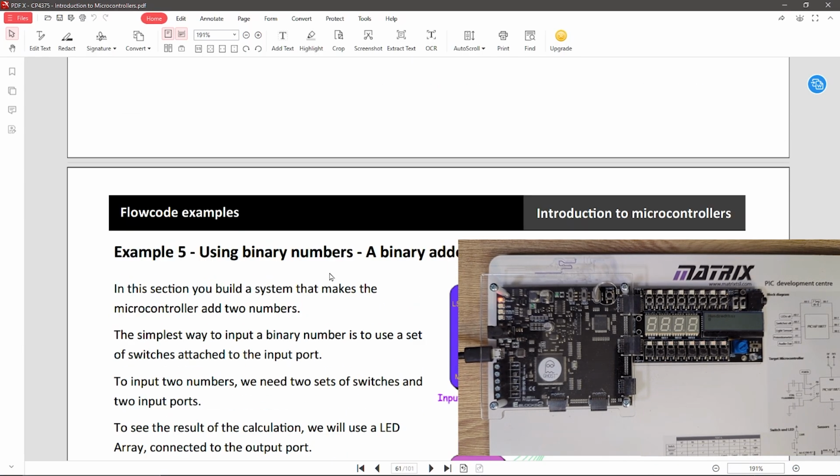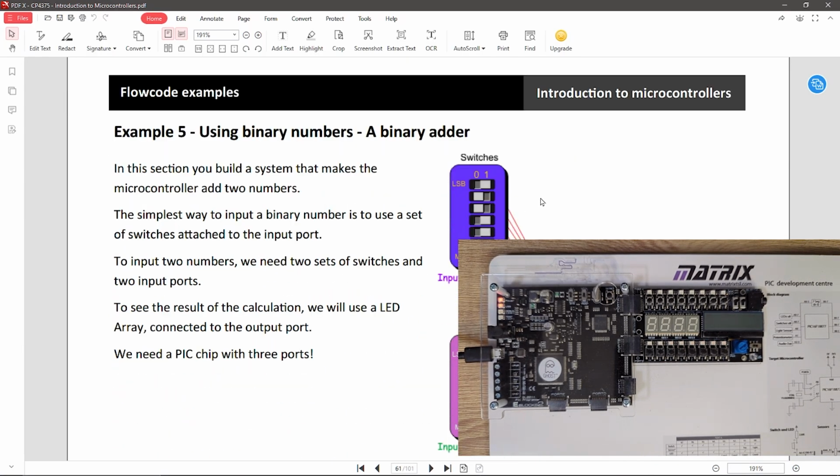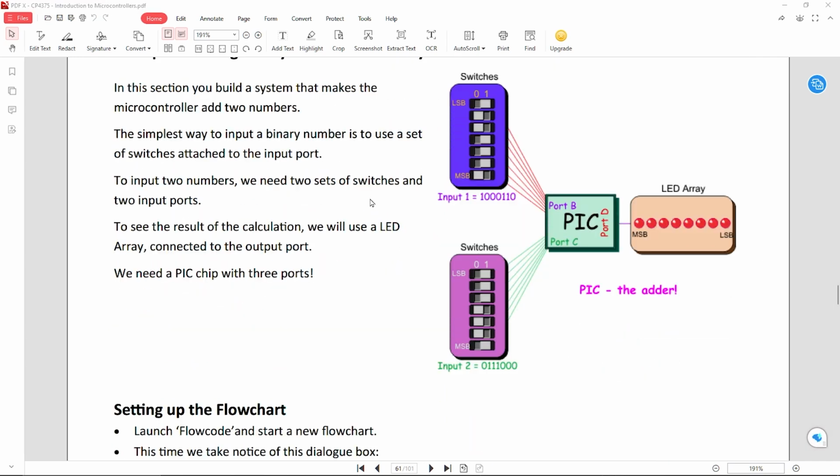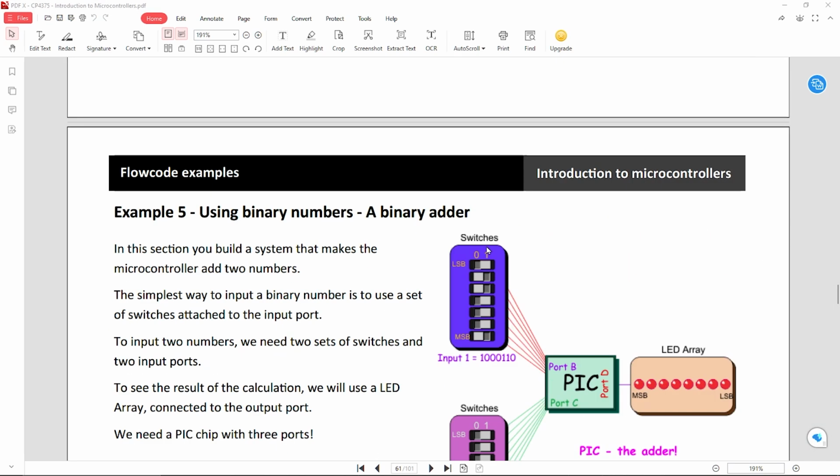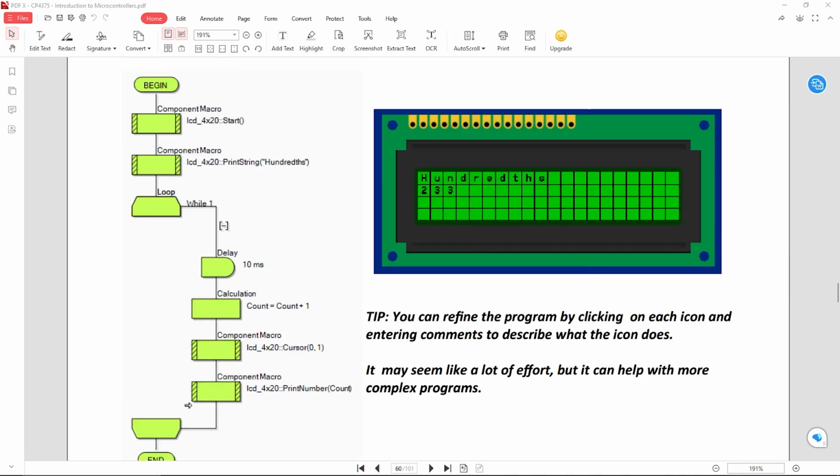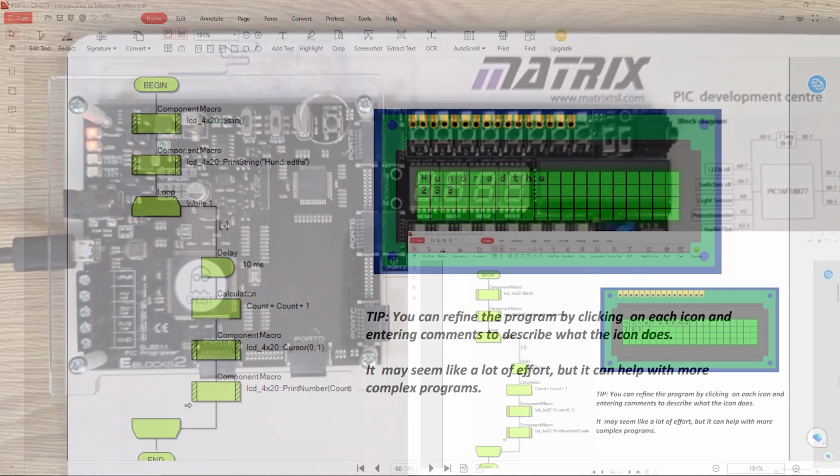Anything else? Oh, the next lesson is a binary adder. I like anything binary. Have a look at this. So yeah, the next lesson is a binary adder, adding together two 8-bit numbers, that's cool. I look forward to that one. But yeah,